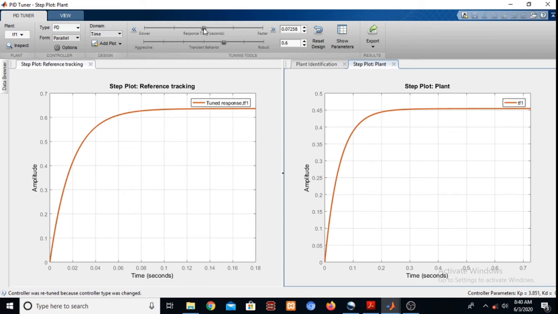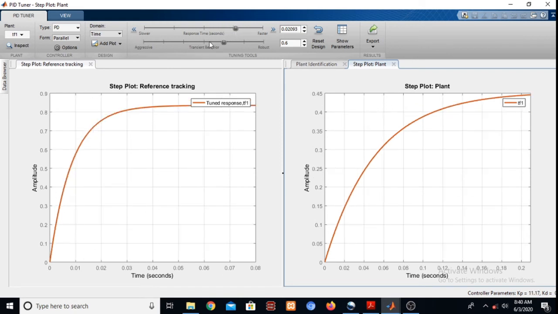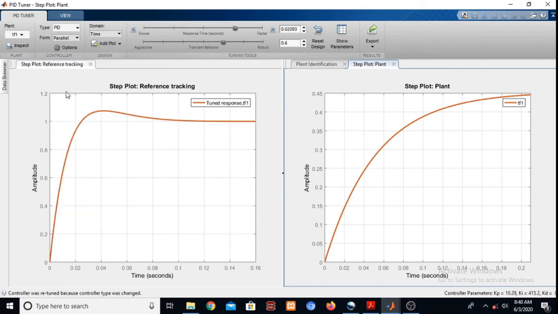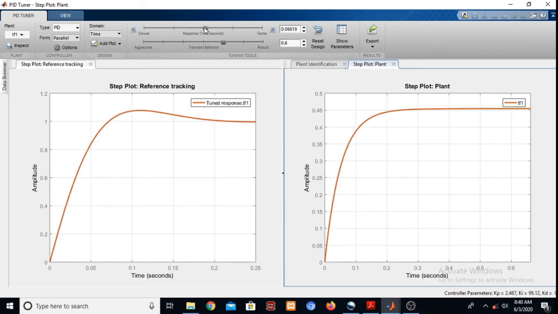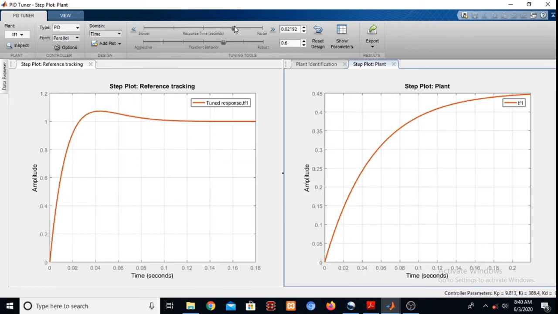Okay, so further enhancement can also be done. This is PD, PID. Okay, so this is further improvement on this.